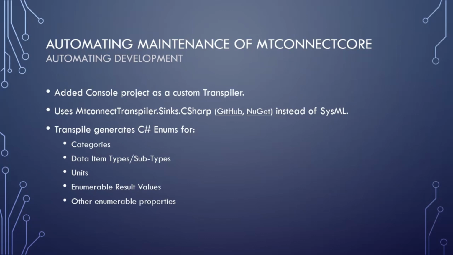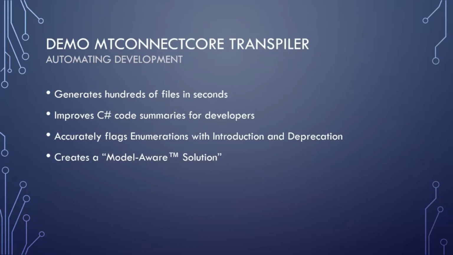So once we have this hard-coded C# solution in place, we went back to our transpiler for MTConnect core, and we utilized this new streamlined navigation structure to directly look up the list of all the different enumerations that we normally did by hand. For example, lists of all the event types and sample types and condition types, all of the subtypes, all the value types, you name it. If it was an enumeration, we use the transpiler now to automatically generate those C# files. So I can actually demo this here.